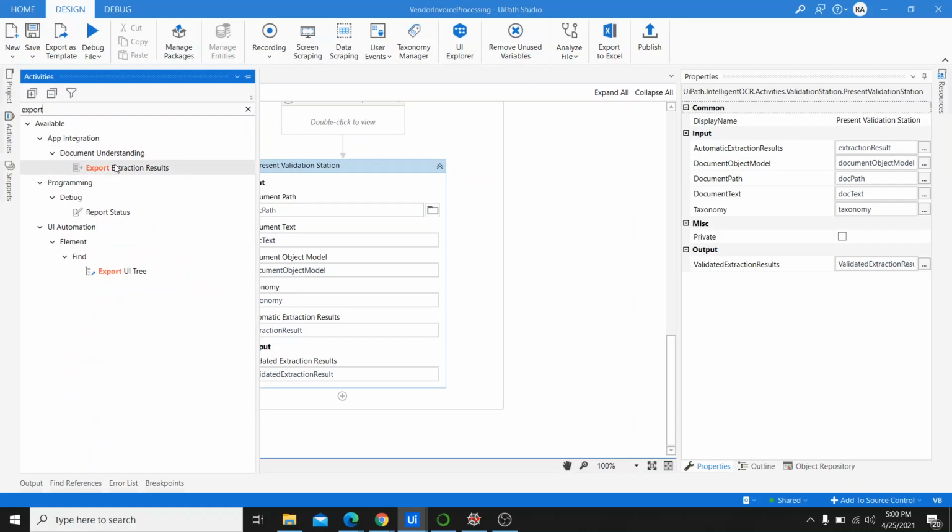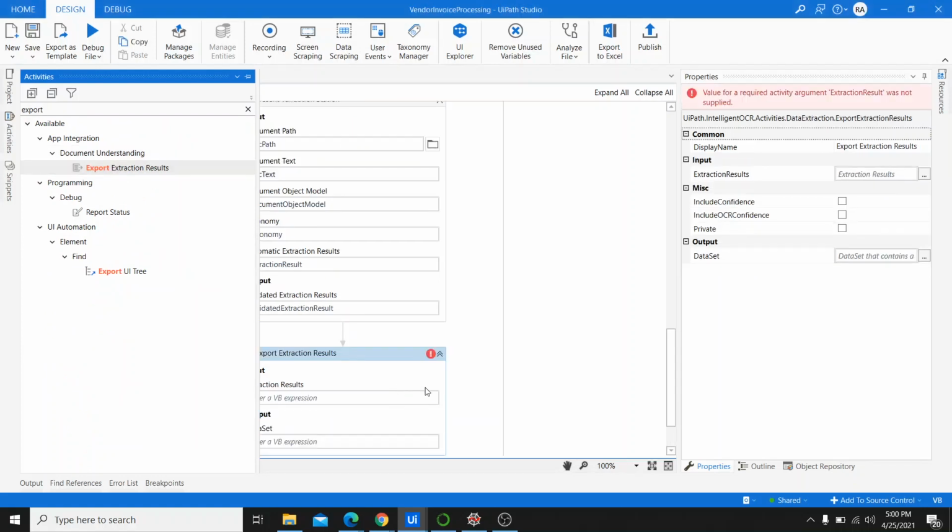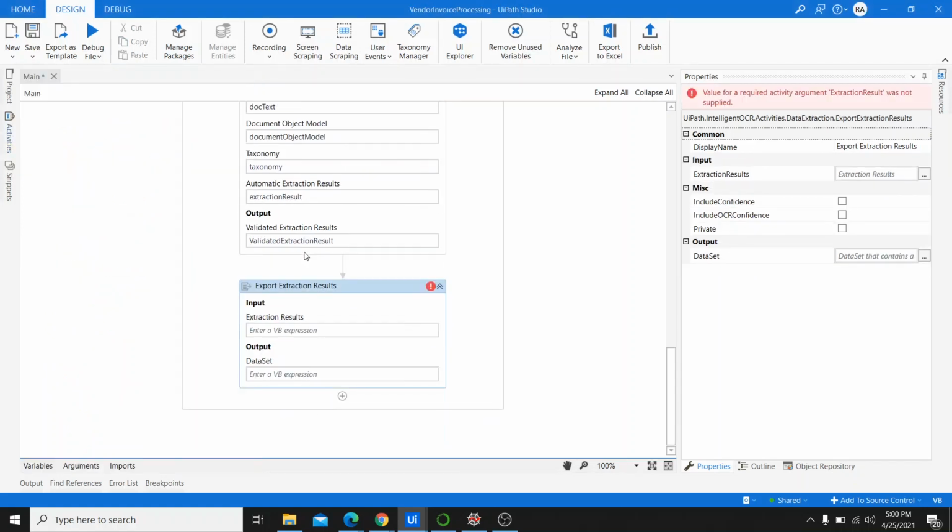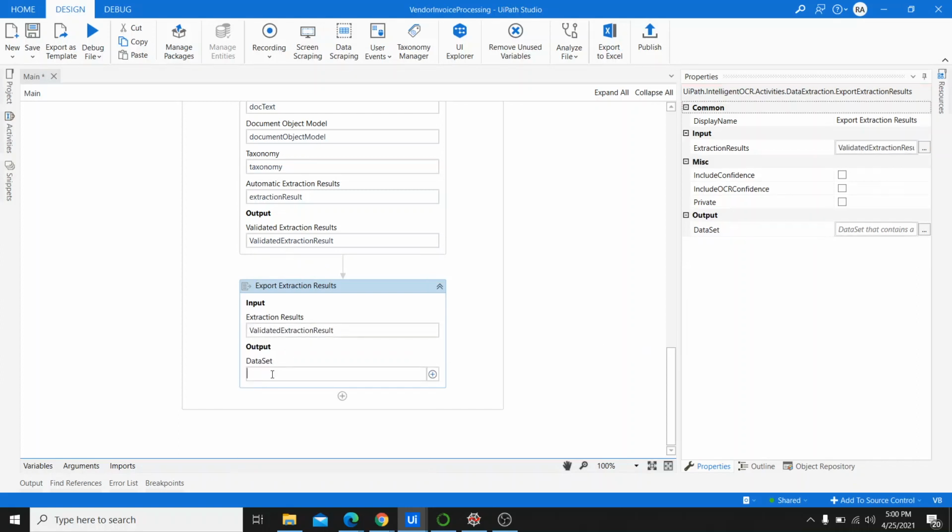Yeah, so we need the export extraction result activity. Here we need to pass the extraction result. For our case, we are going to use the validated extraction result here, and it will return us a data set. So we need to provide a name,